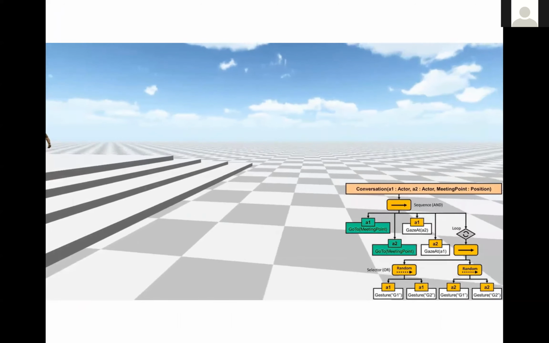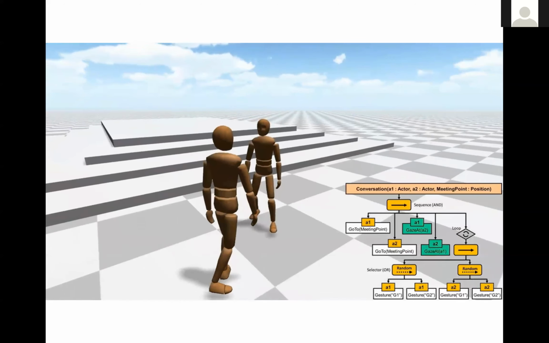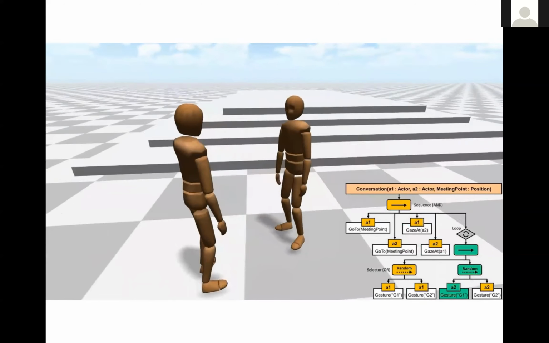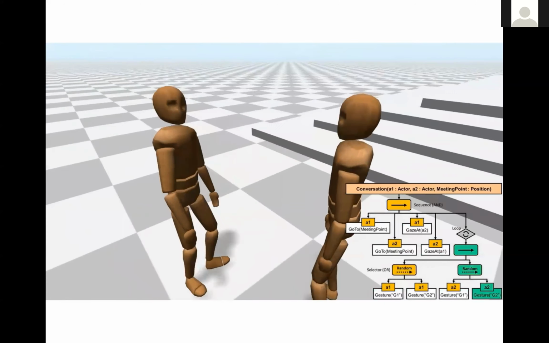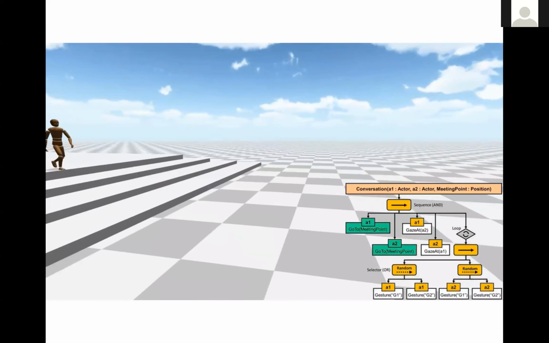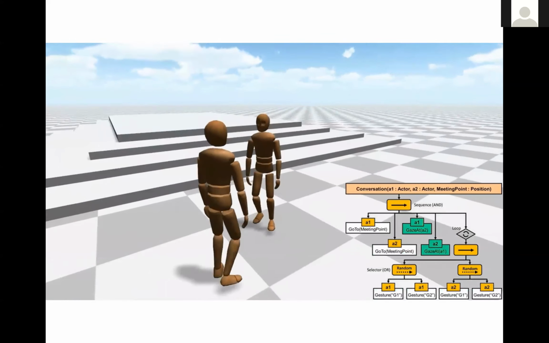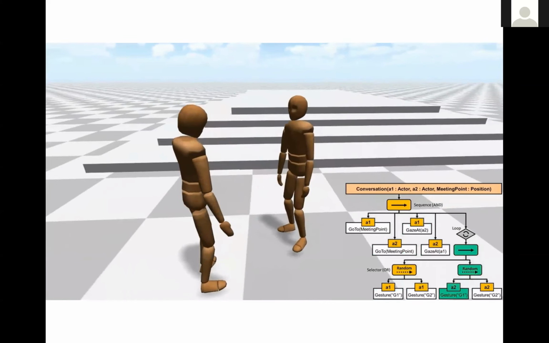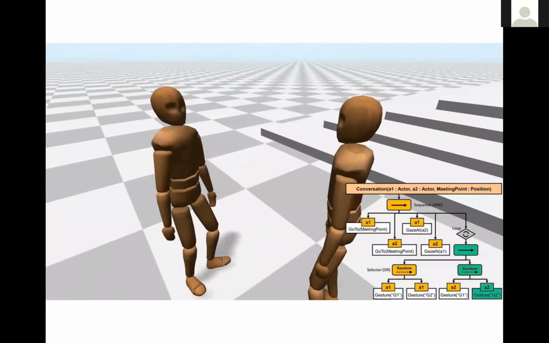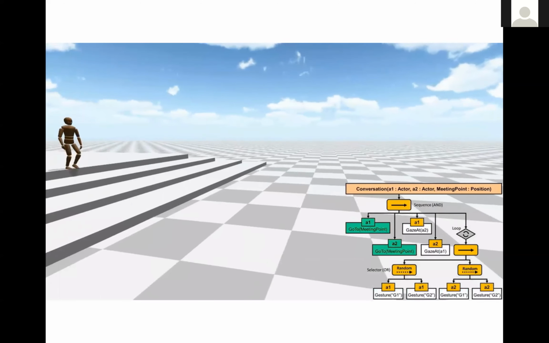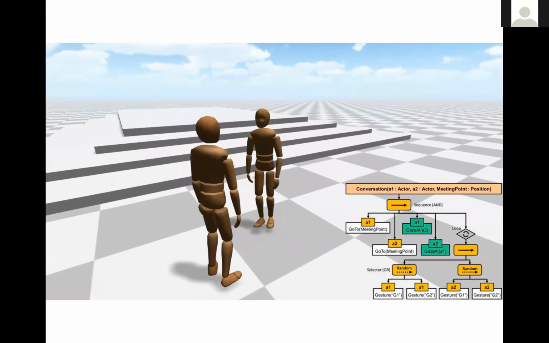This is an illustration of how these behavior trees are being used to author a simple conversation between these two characters. As you can see, these characters are instructed to arrive at a common meeting place. They look at each other and perform these gestures to encode a conversation. The main advantage of the system is that the authoring complexity of these behavior structures scales linearly in the complexity of each individual agent as well as the number of participating agents. This is due to the modular and hierarchical nature of these formalisms.